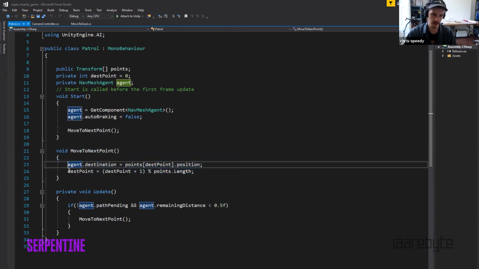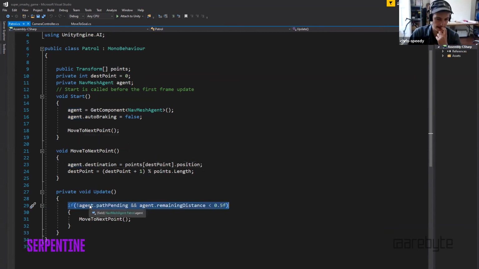simple. All it does is set the agent's destination to the next destination point, and then advances the destination point number. And what happens is that this is triggered once at the start, and then in the update, we do a little test to say, is our agent,